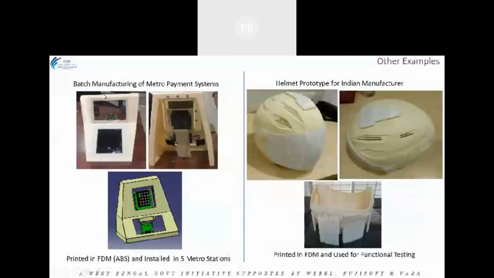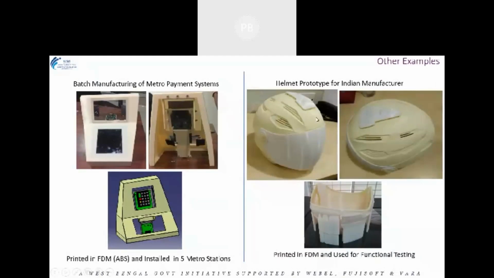You know about this part? Can you see on the left hand side? What are these? This is your casing for the ATMs or for the metro rail management system. These are the casings. So they first do it with a 3D printer and test all the things. Then they go for production. Here we put the metro card and it will show us how much balance is on our metro card. You have used it, right, everybody? Yes, sir.